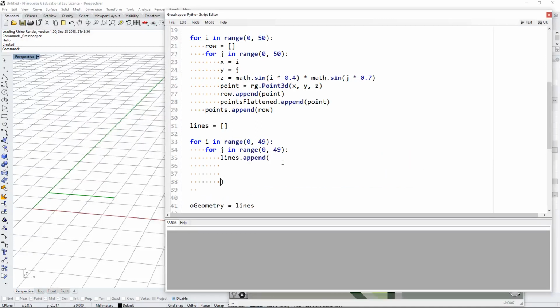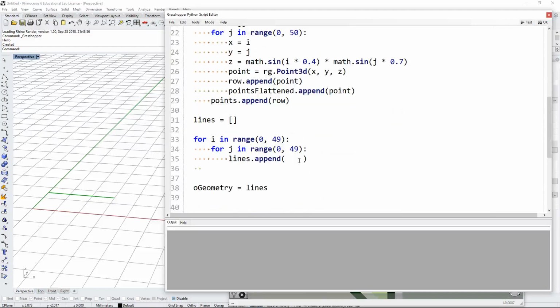All right, so okay, lines append. Now we're going to need to get the first mid lines. So compute mid line. Okay, now compute mid line is going to take in 4